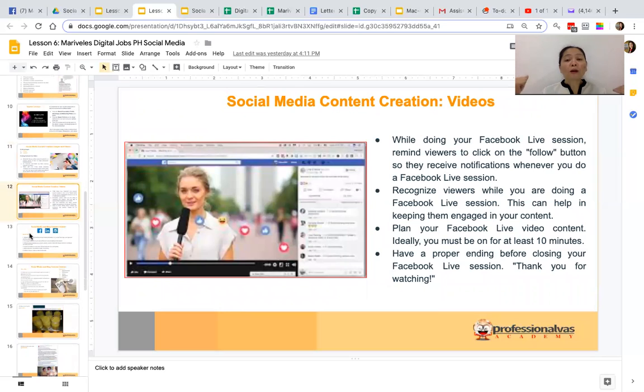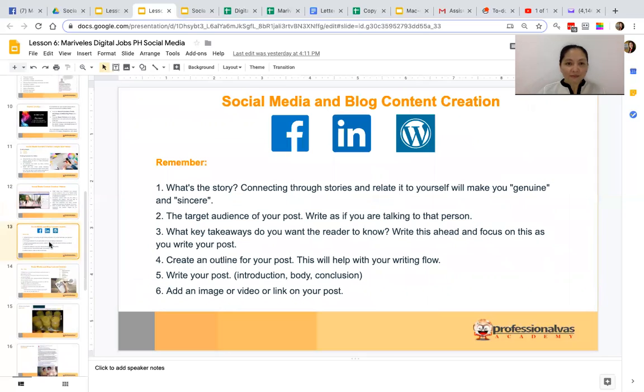Videos. Oh, you can also take advantage of Facebook's feature right now. The Facebook Live, and Instagram has that too. And you will notice that a lot of people are watching live videos. Even online selling right now, they're selling through videos. They have what they call product demo online, and they show you how to apply the lotion, the makeup, and whatever. All right.